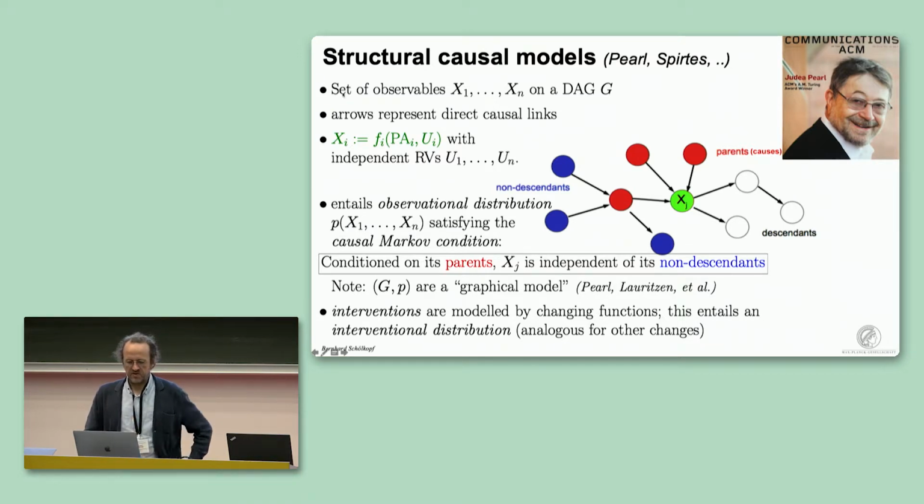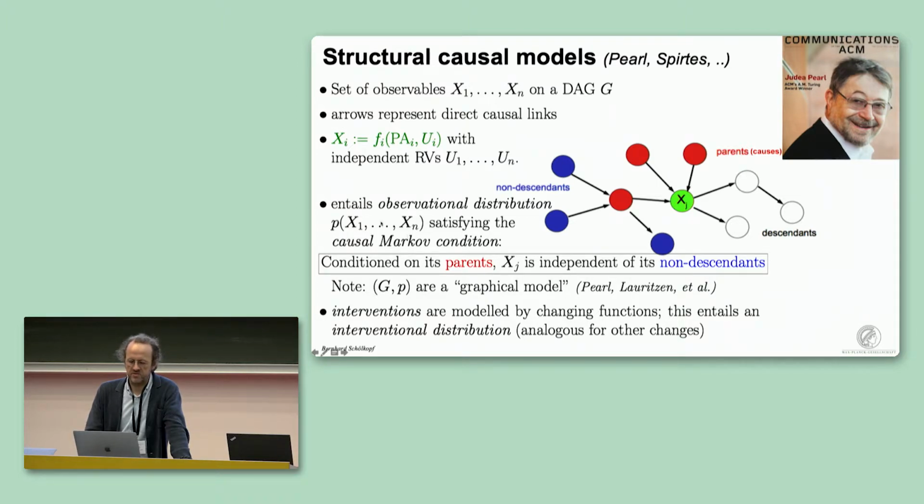Now, what's interesting about this point of view on graphical models? Usually when people talk about graphical models, they will tell you about joint distributions and about conditionals, but not about these functions. This is a mechanistic point of view that tries to explain where the correlations come from in the first place. The nice thing about this framework is that it's trivial to model interventions. They simply correspond to changing functions.